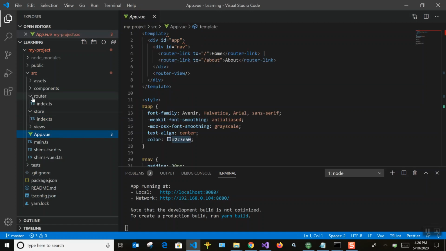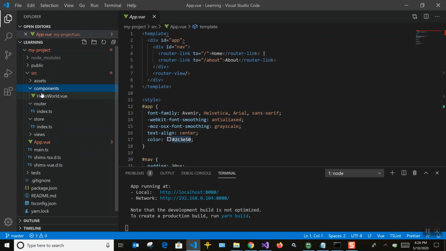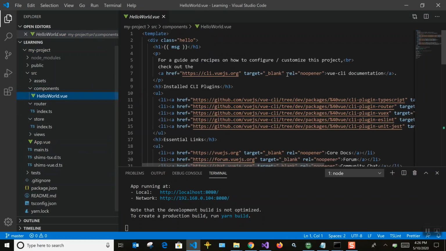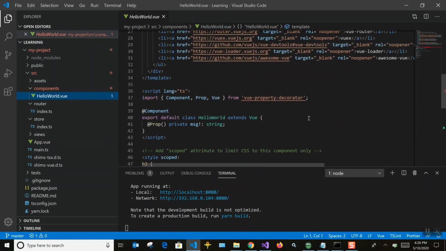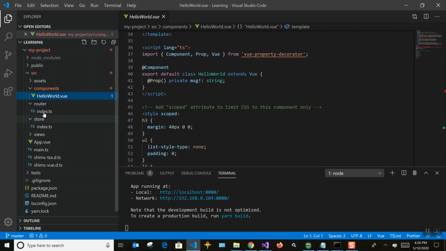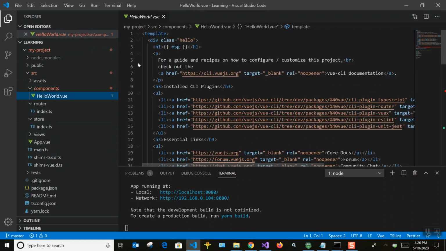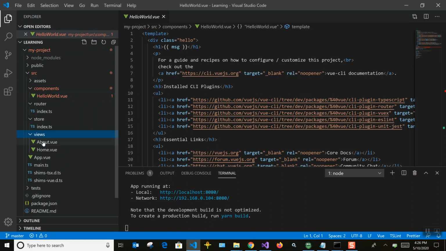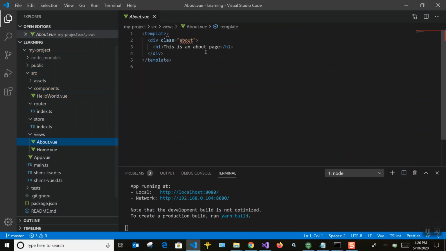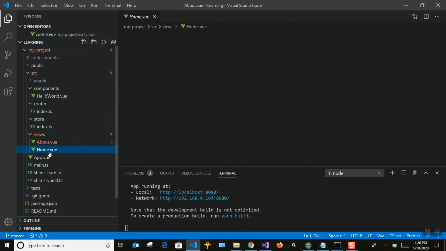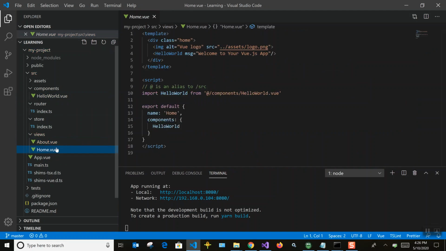So that's all about the settings. Now you can see the HelloWorld.vue here. Here all the template details will be there, and then you have views separately, like the About page and the Home page.